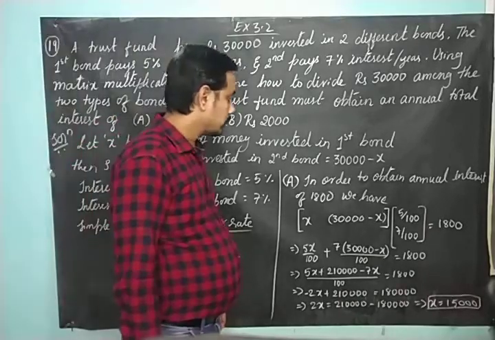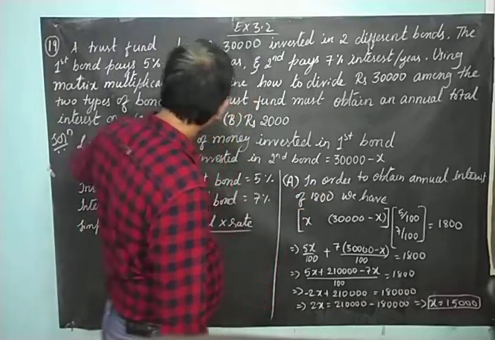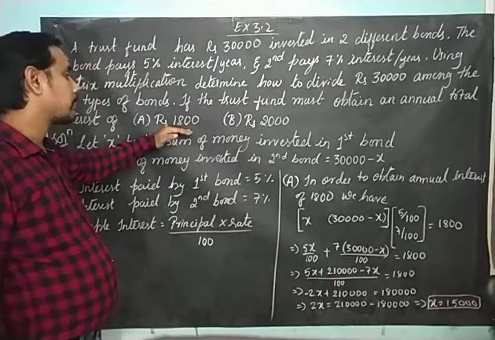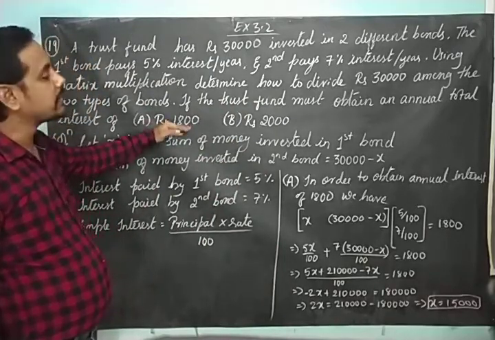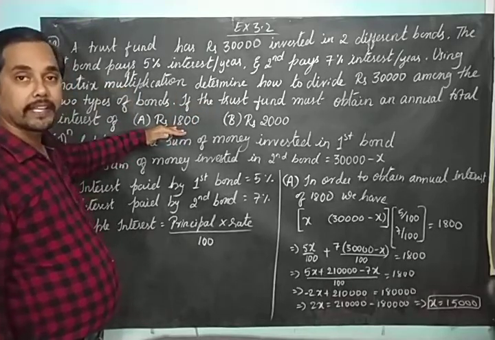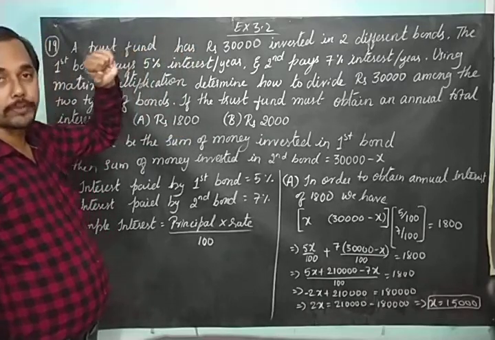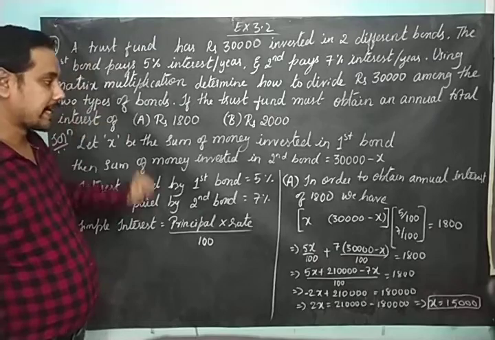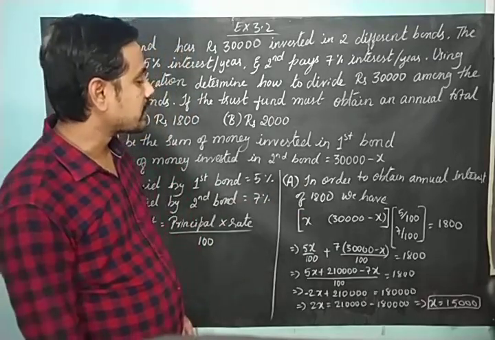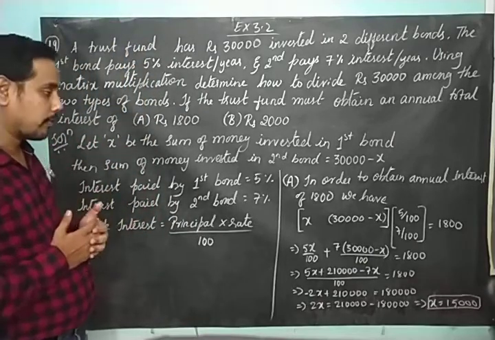So here, coming to this 1800 rupees, I hope up to here it is clear. First we will solve for this 1800, then we will look after that 2000 rupees. If we want to earn an amount of 1800 as interest in 1 year, let us see how much should be invested in the first bond and how much in the second bond, right? So in order to get an annual interest of 1800 rupees, we should frame this in matrix form, right?